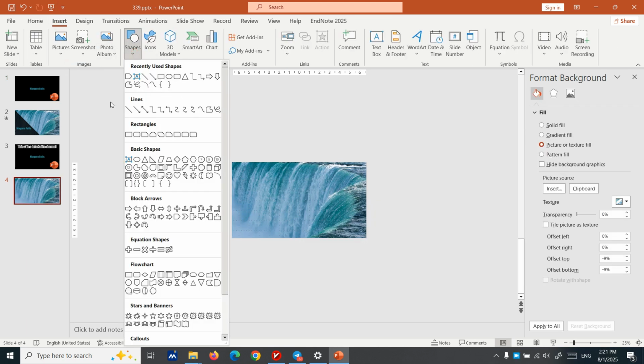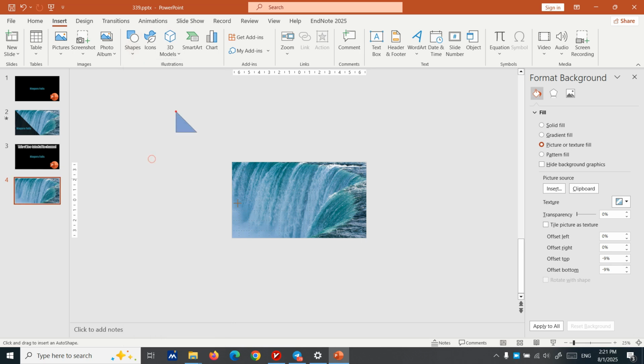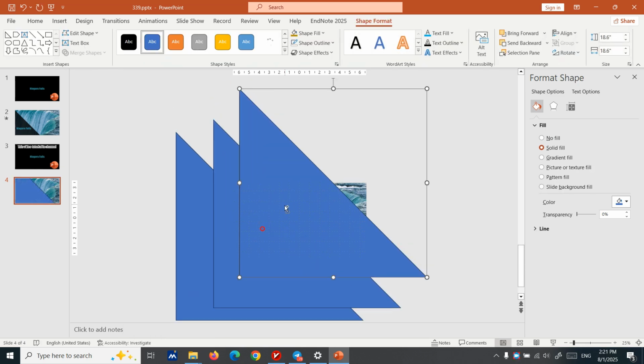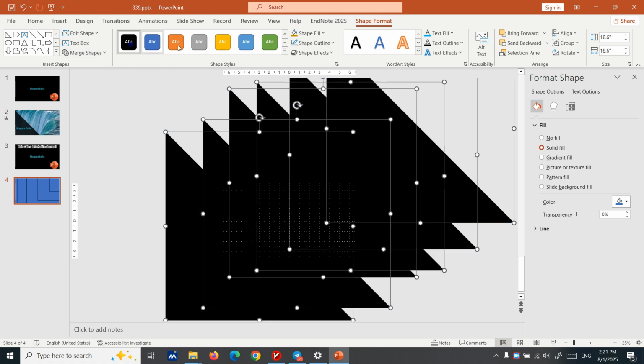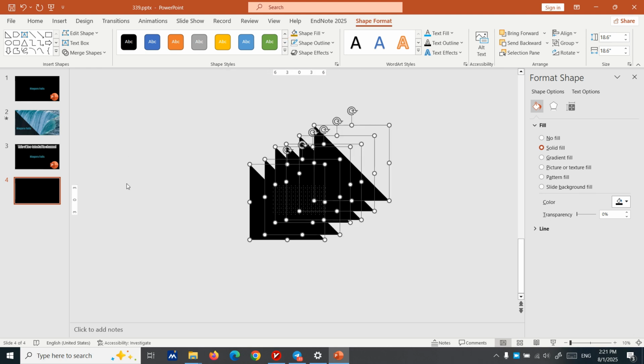And after that we need to create some triangles. We create them, 1, 2, 3, 4, 5, 6, and select all of them, make them black and set shape outline to none. Now what we do, we just simply